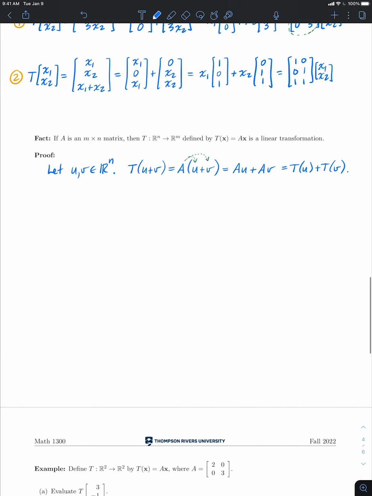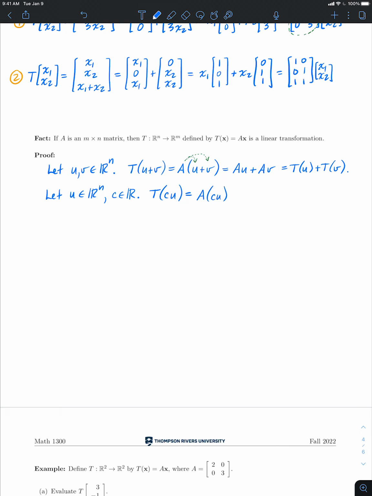Okay, what about the second condition? Well, let u be in Rn, and we also need a scalar c for the second condition. Then we need to show that T of the scalar times the vector is going to give us c times T of the vector. So we want to get c times T of u at the end. But let's just start by using the definition. How do you apply T? You multiply the input vector by A. So we're going to have A